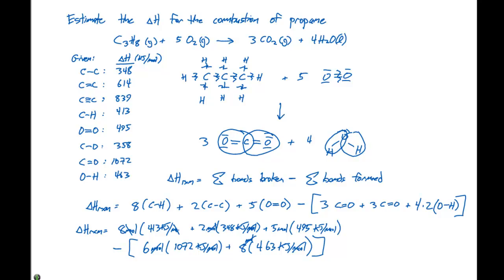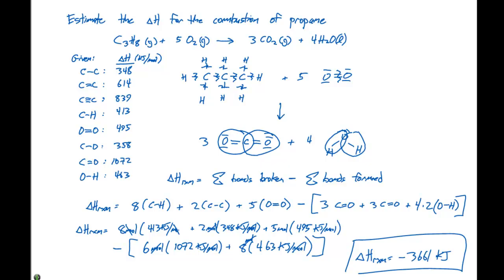So if we do the math, adding up all the terms here, we get the delta H of the reaction to be negative 3661 kilojoules for this particular reaction. So when we look at delta H using bond enthalpy data, we must draw out the Lewis structures. And from that Lewis structure, we can then take a table with our standard bond enthalpies